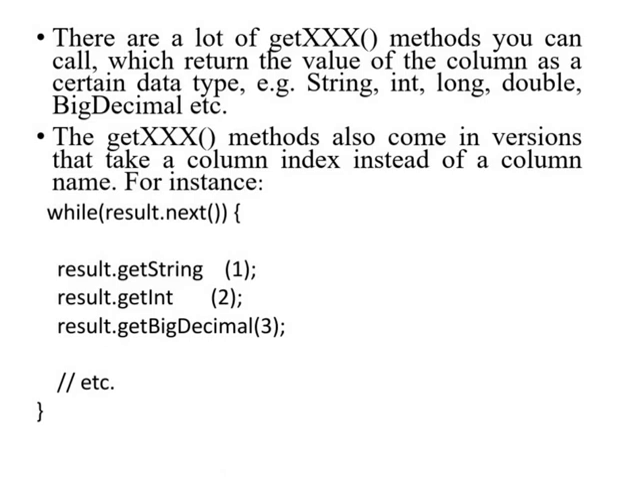There are a lot of getXXX methods you can call which return the value of the column as a certain data type, for example String, int, long, double, etc. The getXXX methods also come in versions that take a column index instead of the column name. For instance, while (result.next()) { result.getString(1); result.getInt(2); result.getBigDecimal(3); etc. }